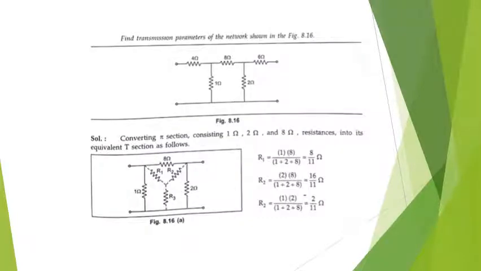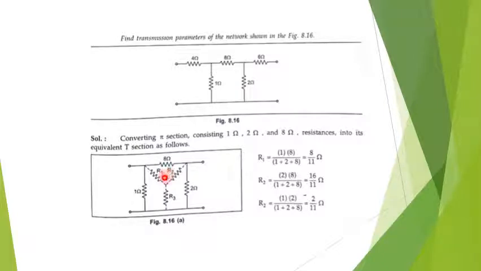Here I have tried to solve one problem on the transmission parameters. A T network is given. Now you can see here that there are 3 loops, so I can simplify this network and convert this into just 2 loops. So you can see here that you have the 3 resistances connected in delta. So if I apply delta to star transformation, I can simplify this network. So I want to convert these 3 resistances, 1 ohm, 8 ohm and 2 ohms, which are connected in delta, into star.